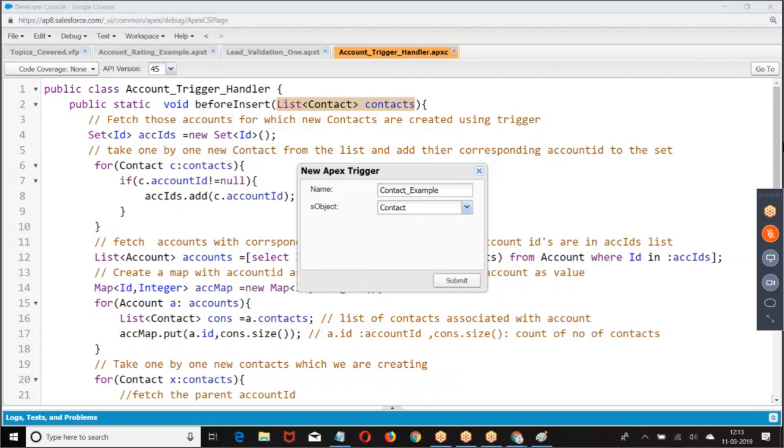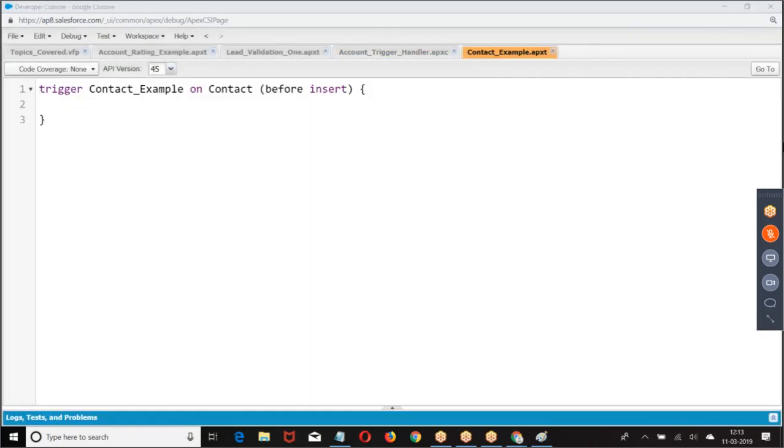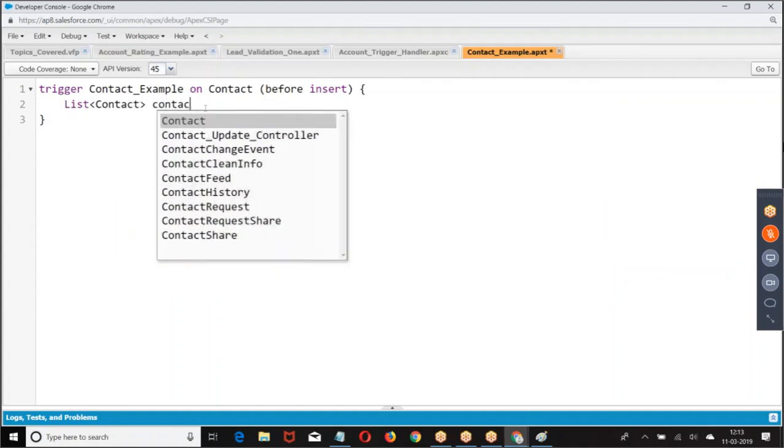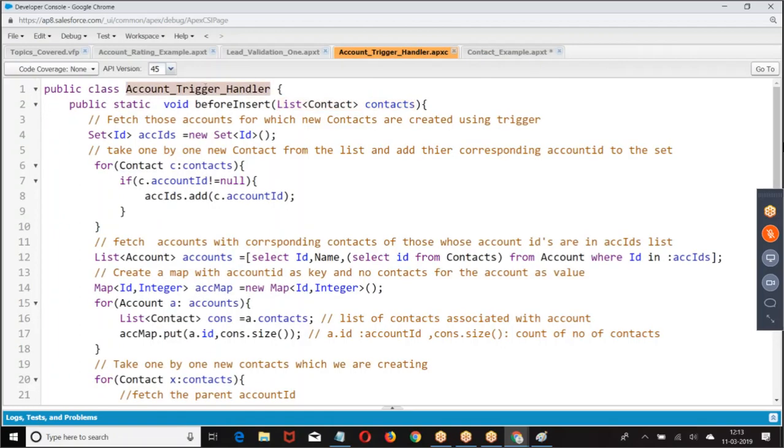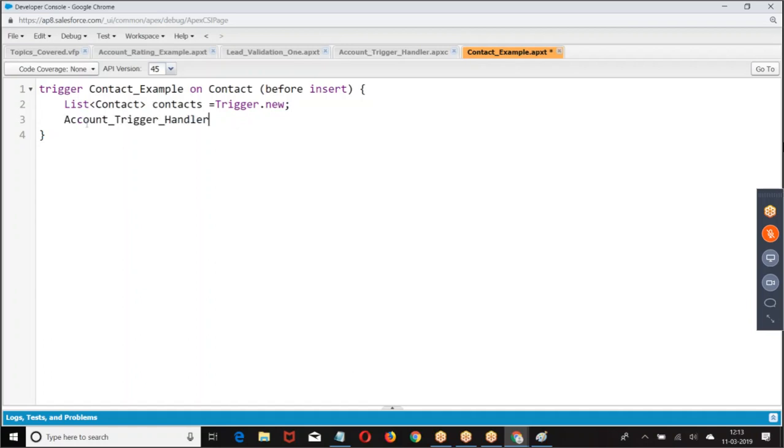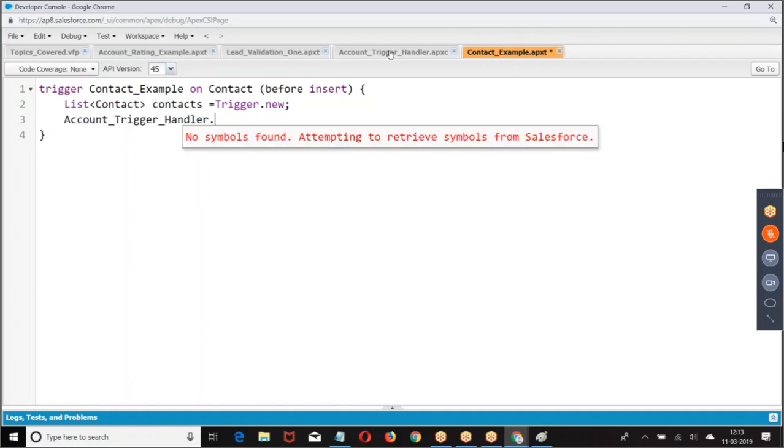Contact. Then look at this list of contacts. Whatever contacts we are inserting, that is Trigger.new. Okay. Now, which method do you want to run? What is the method name?